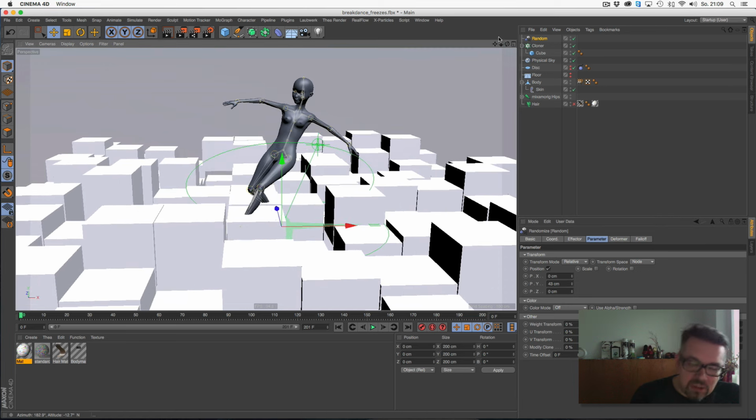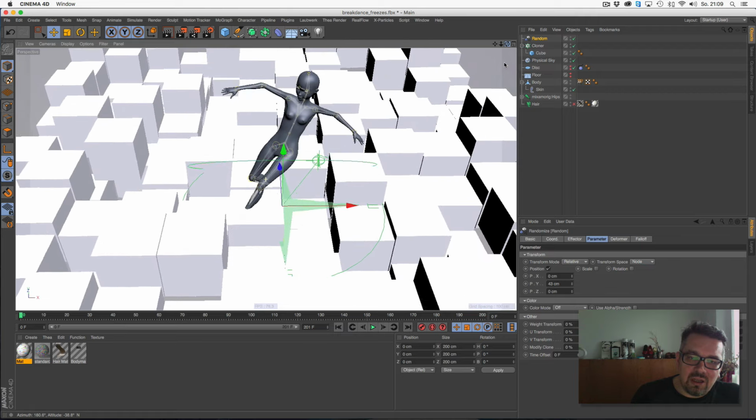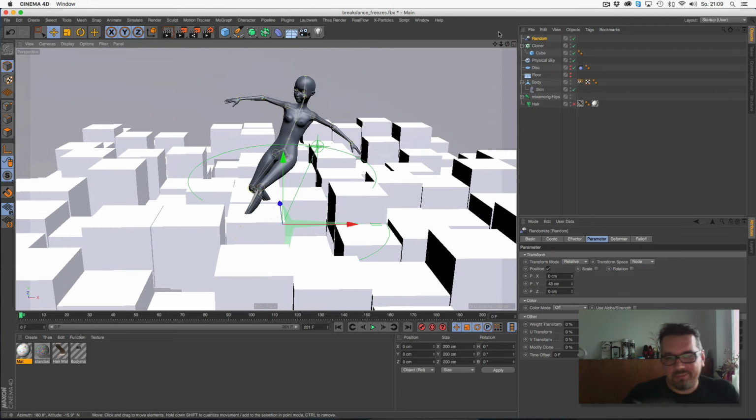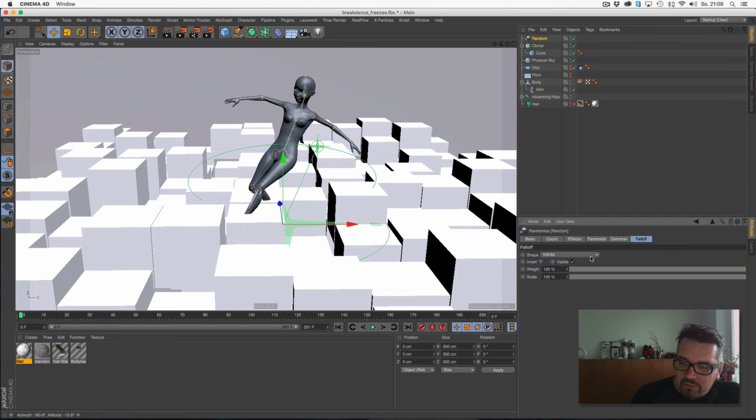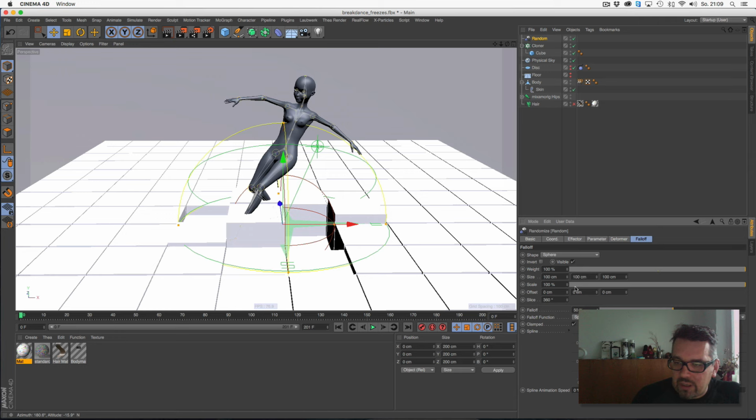And the problem is, of course, that every cube is now at a random height, and so I set the falloff to maybe sphere.